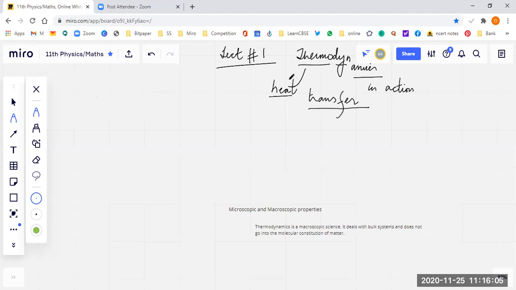Students, thermodynamics, as written here, is a macroscopic science. What is the meaning of macroscopic science? What are microscopic and macroscopic variables, or microscopic and macroscopic properties? Well, the answer is,